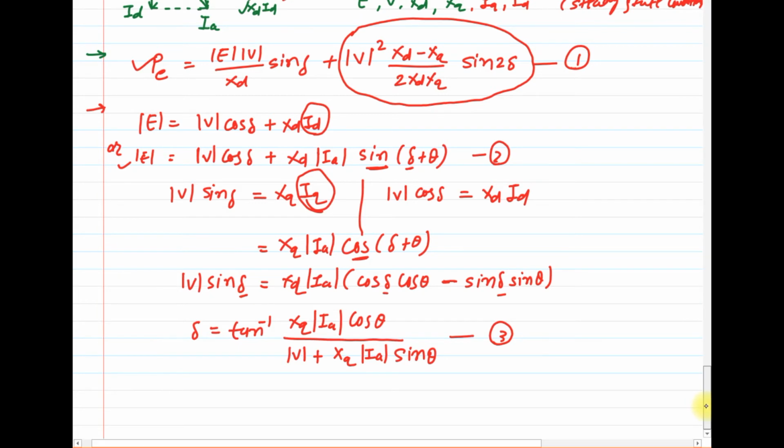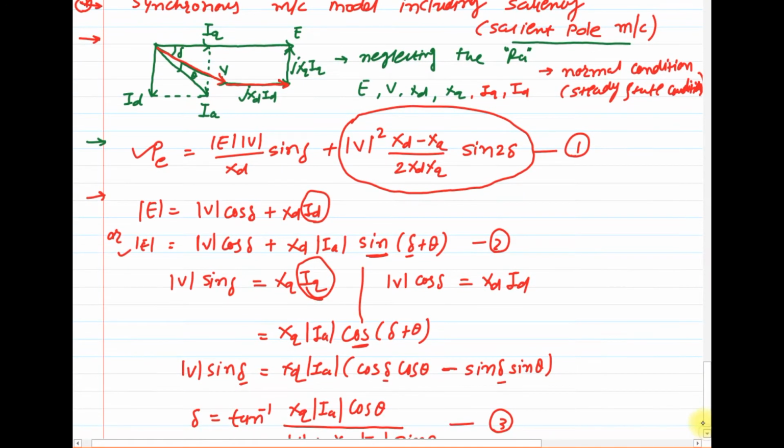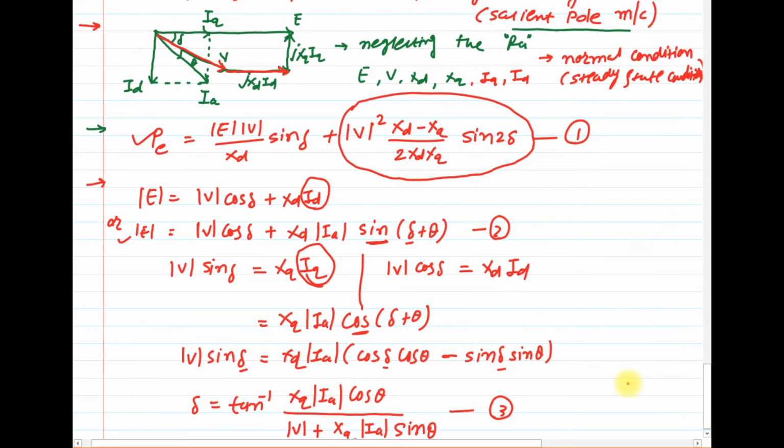So this is the first part of the theory, where we have drawn the phasor diagram and the power equation, and from the phasor diagram we have derived the voltage equation, that means the generator no load generated EMF and power angle delta, that means equations 2 and 3. So from equations number 2 and 3 we derive the no load generated EMF and power angle delta under normal operating condition of the cylindrical rotor machine. Clear?